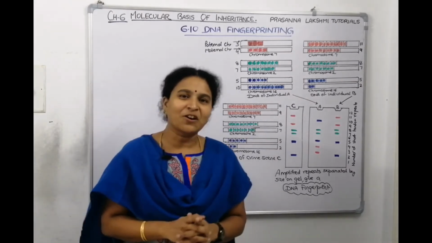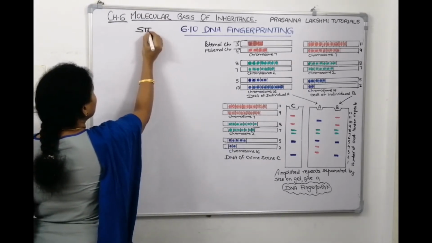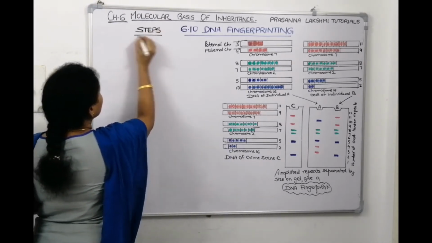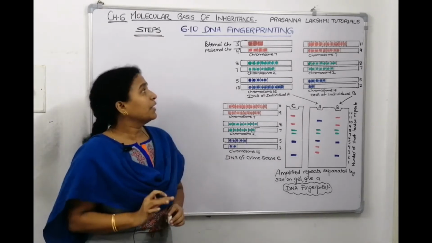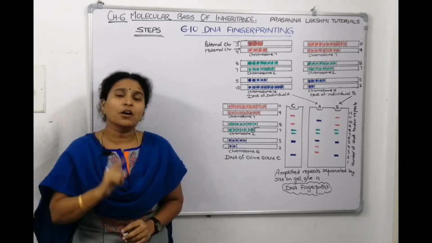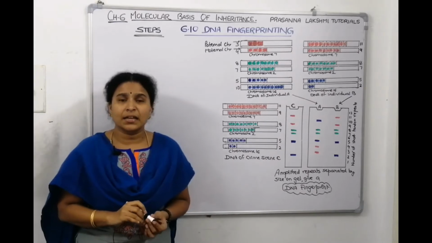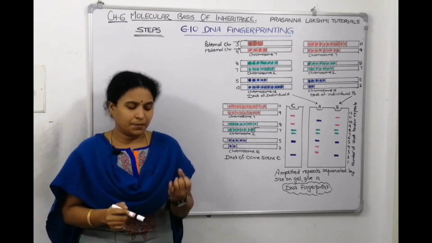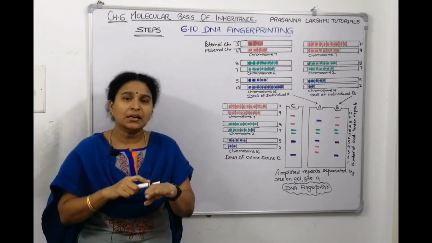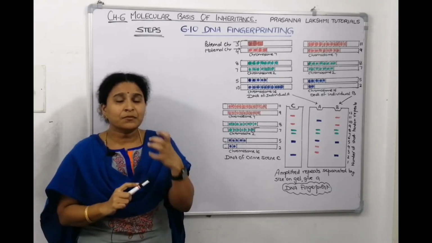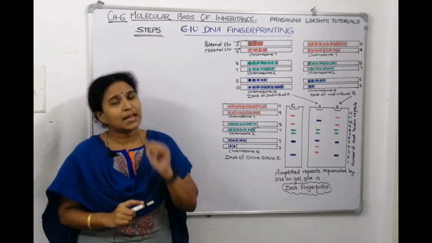Let's go with the steps of DNA fingerprinting, right? So, we are looking into the steps now. If we have to perform DNA fingerprinting technology, first of all, you need to isolate the DNA. So, what is the first step? Isolating the DNA. From where will you isolate the DNA? It might be a blood cell, a hair cell, a skin cell, a bone cell, sometimes from the crime spot if you get saliva from there, or from the sperm also. Sperm also has DNA, right?